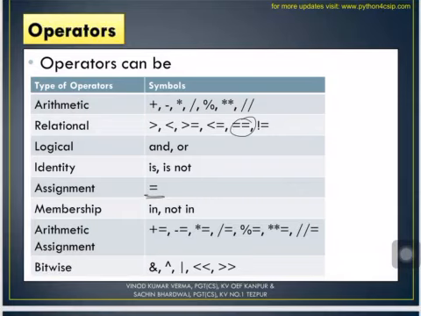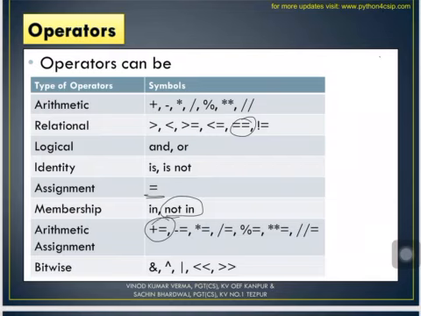For example, when we read a list and if I have to write down for i in L, you must be remembering we have done this in operator along with the list. Similarly, not in means the value we are looking for is not in the list. So that is the membership operator. Then arithmetic assignment operators, these are known as the shorthands.